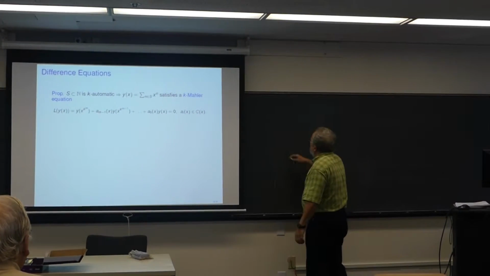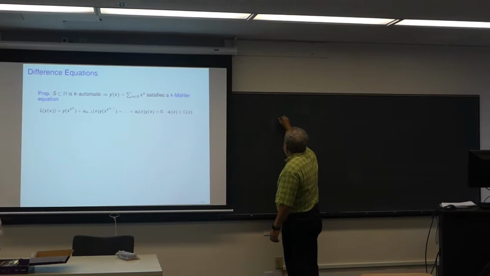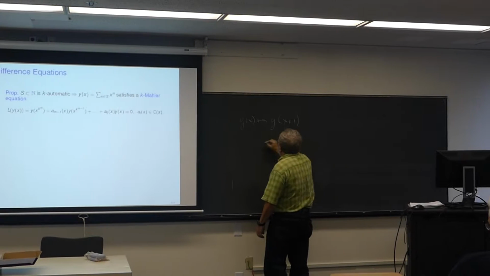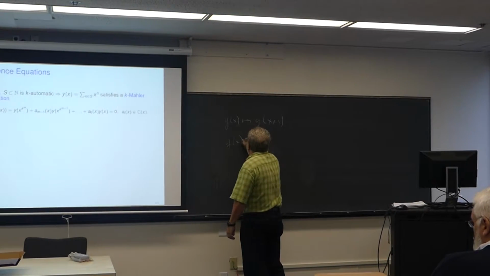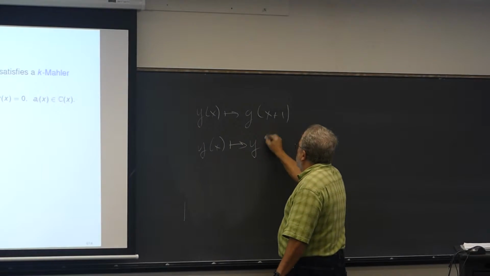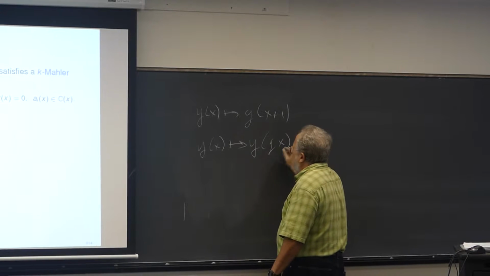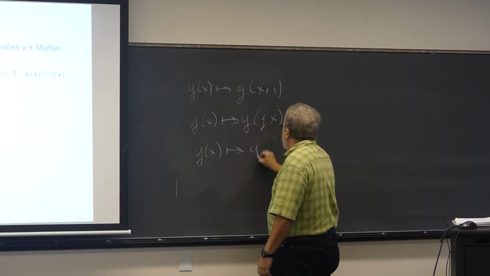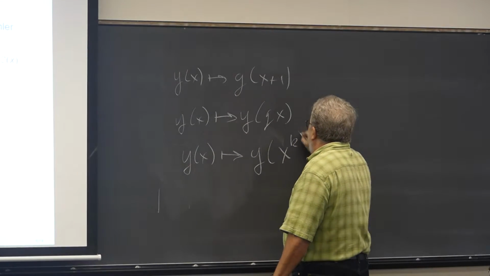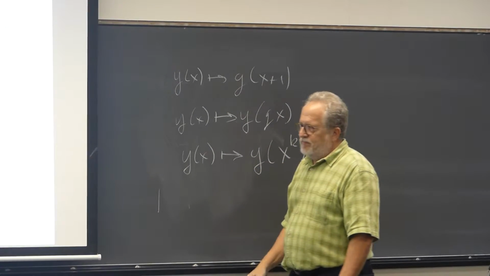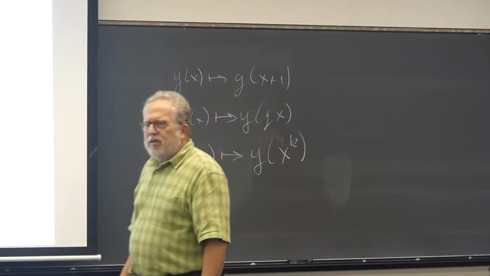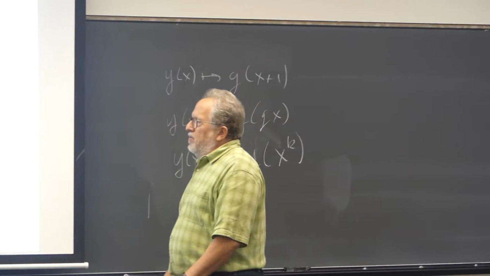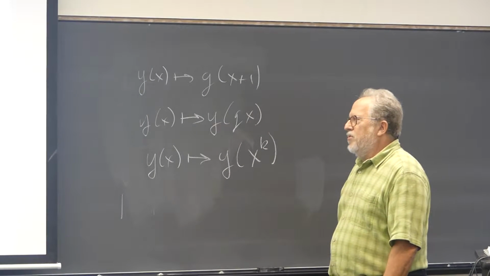Usually we think of difference equations as, say, y of x goes to y of x plus 1, or y of x goes to u times x. Here I'm saying y of x should go to y of x to the k. So this is the connection. It's not a difficult theorem to prove,